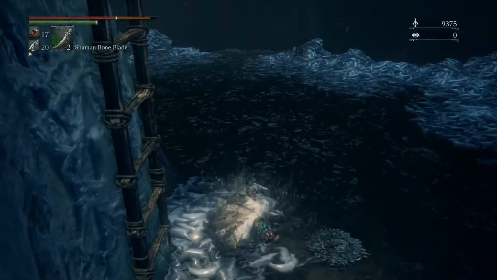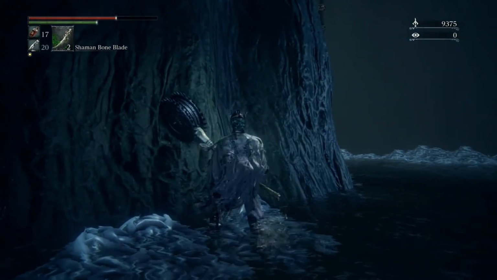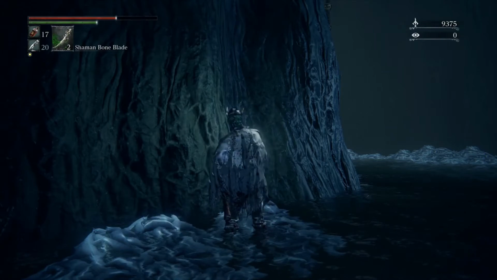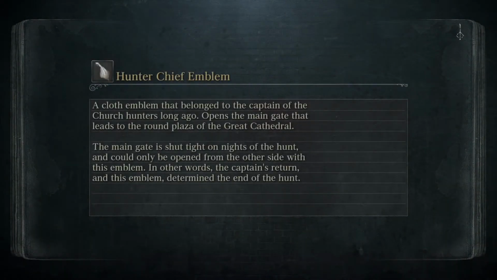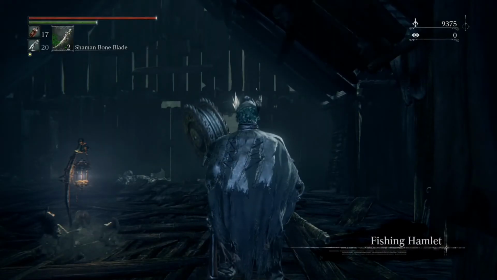I don't know if those things come down or not. We're going to go ahead and take a bold hunter's mark and port out of here. And there is the fishing hamlet sorted. So fishing hamlet is done. Rikuyo is obtained. So we're going to start in our next episode with Orphan of Kos, the most difficult boss